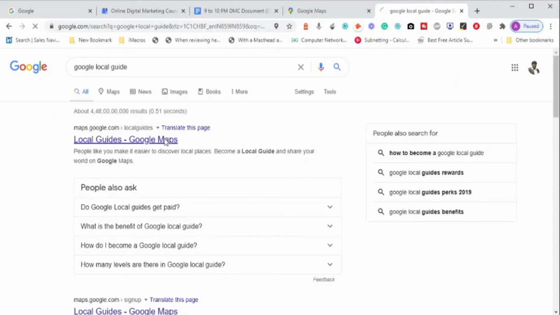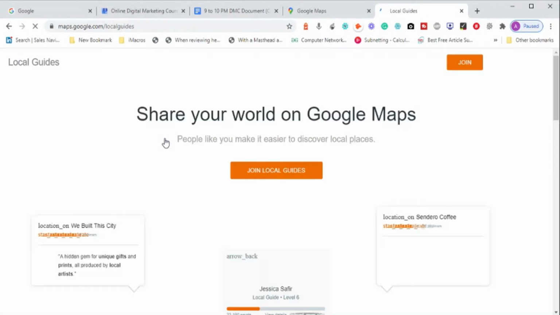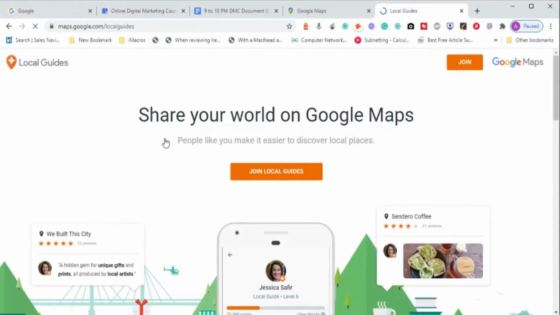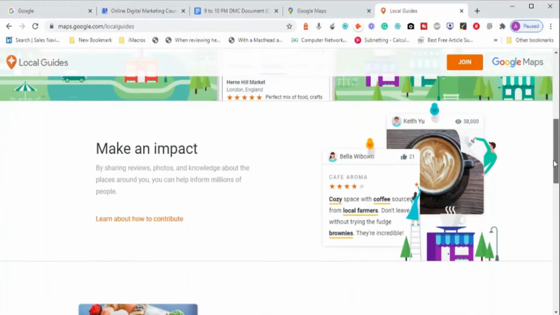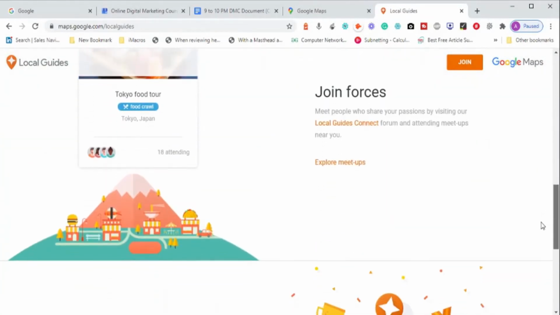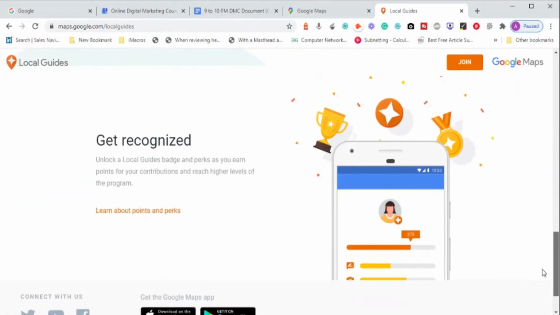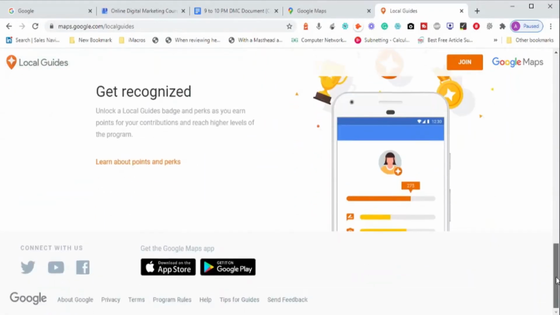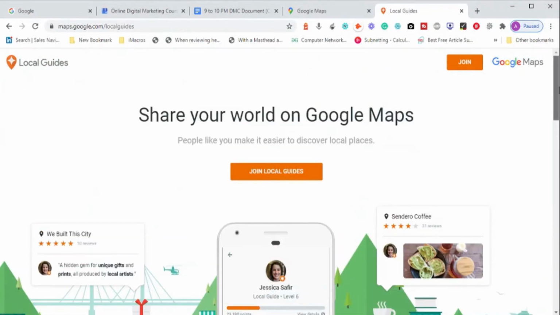So you can click on this Google Local Guide program, where anybody who is traveling can explore and also share information about the ratings and reviews of any business. You can add a business. You can rate and review any business, and based on the ratings and reviews you give, Google will recognize you. Okay, you are doing good, you are doing good, like that.